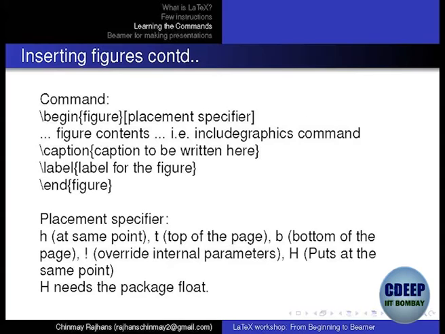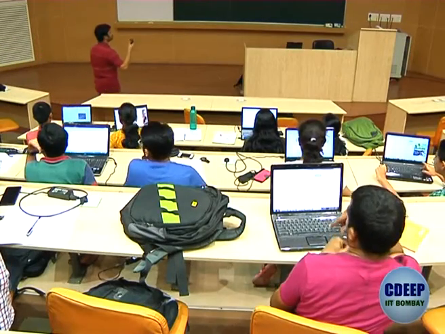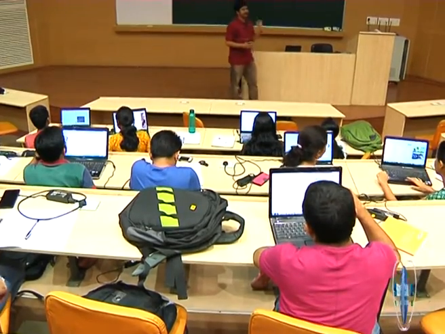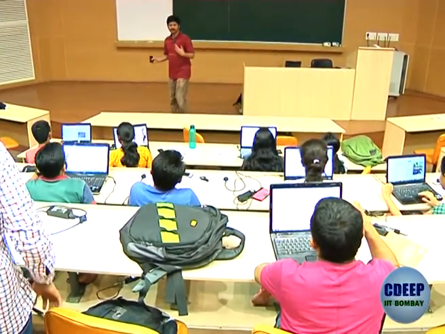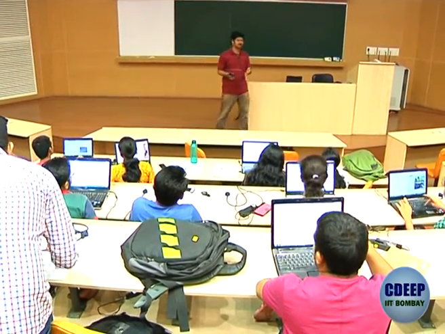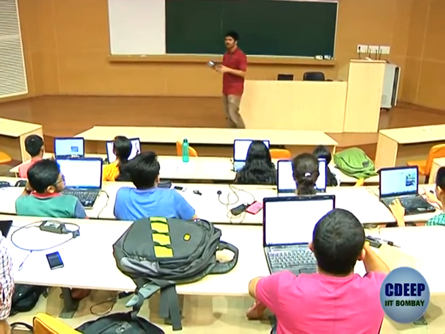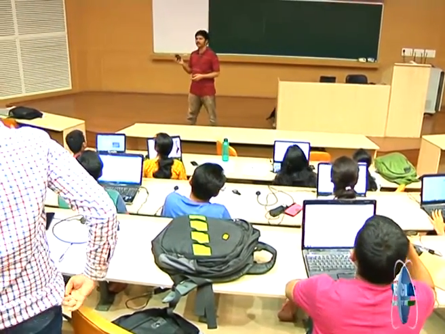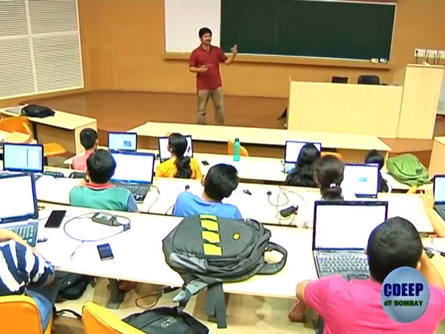So after begin figure you just put backslash centering or backslash begin center, put end center, so your figure gets center aligned. Anyway by default it is center aligned only, but if you want left aligned or right aligned, you can use this command, right? Any doubts on this? So when you give these attributes, if you write width equal to some number, it cannot make out what that number is, so you have to give it a unit. You just say 30 millimeter or 30 inches or whatever. If you don't give a unit, there is nothing like a default unit. It will keep giving an error saying I am missing the unit.